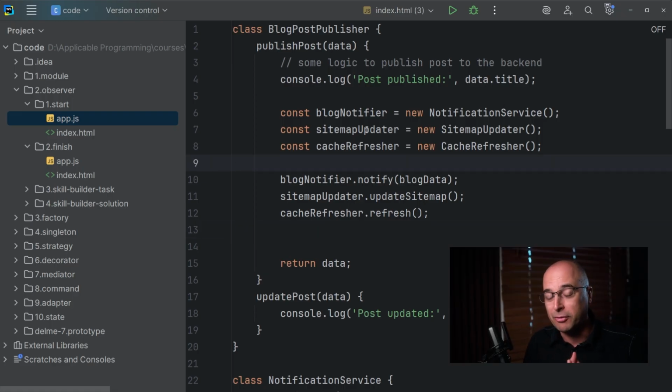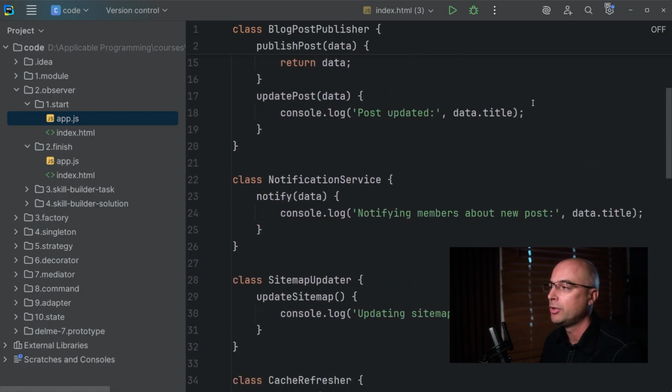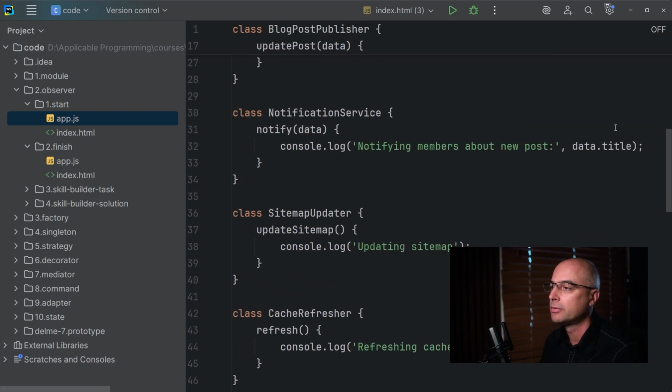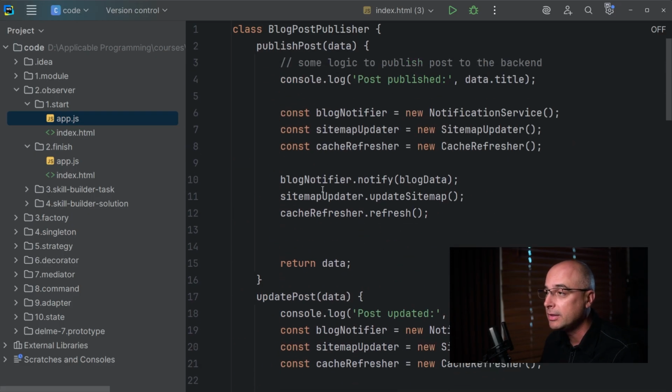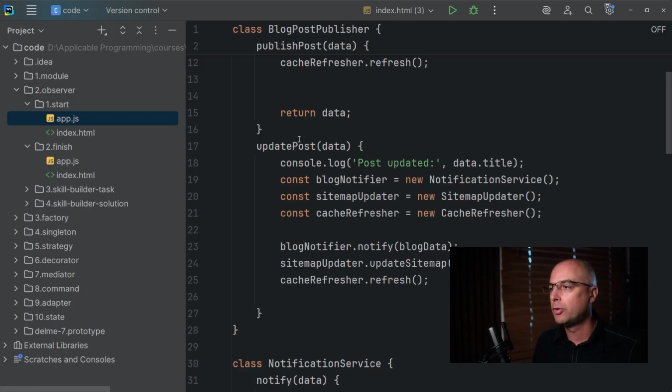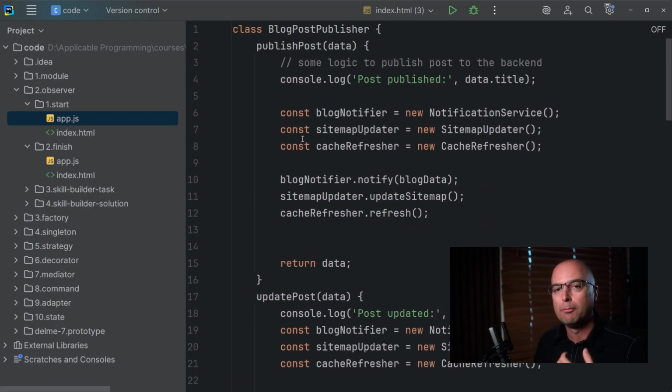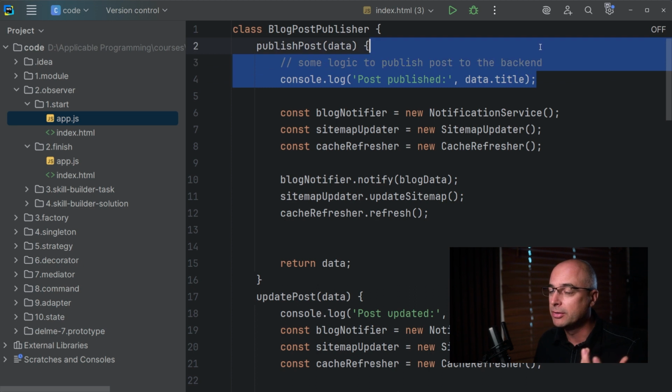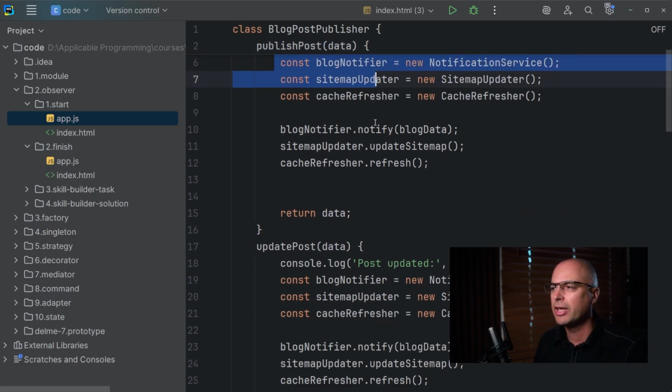But this, if you think about it, has similar problems and it might be even worse than before, because we now need to do the same in updating the post and then when we have the delete post, right? But also the publish post and the update post now do much more than one thing they are designed to do. They're not just worrying about actually publishing the post and updating the post, but they're also maintaining other things. They're worrying about notification, about cache and sitemap, and a lot of things that this method should not